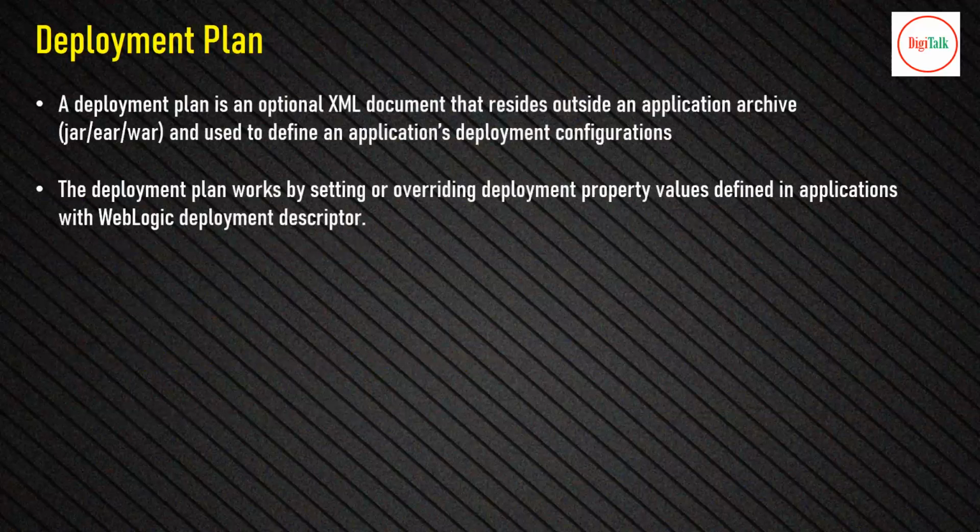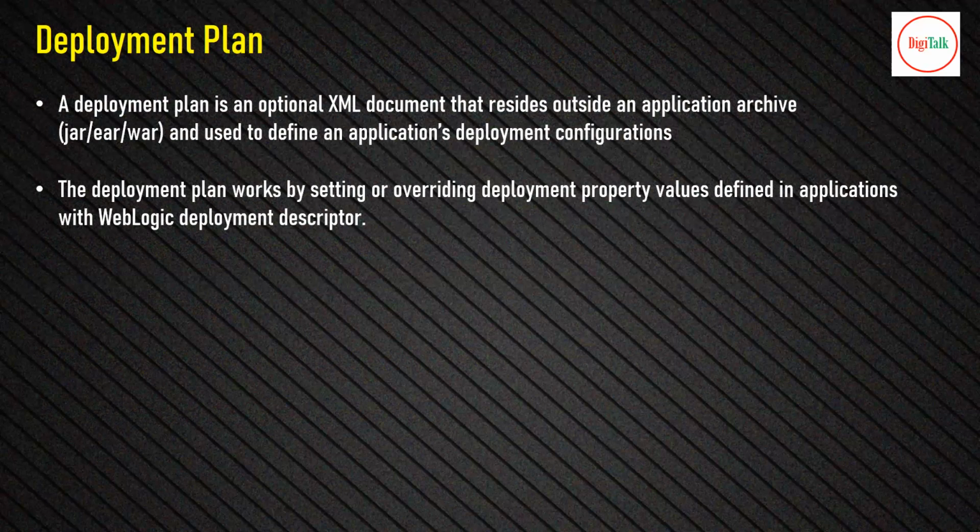Another last one is about the deployment plan. Most of the time, whenever we have code, we may want to override some of the descriptors that we define in the application code. Some use cases are like this: you have the same application and you want to deploy it in different environments, but for each environment you have certain parameters that you want to change.